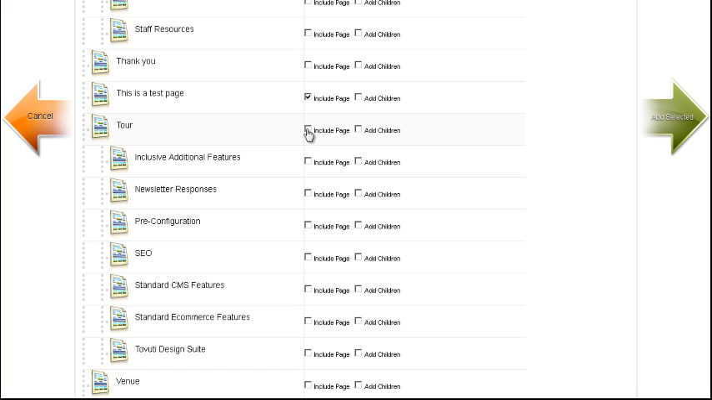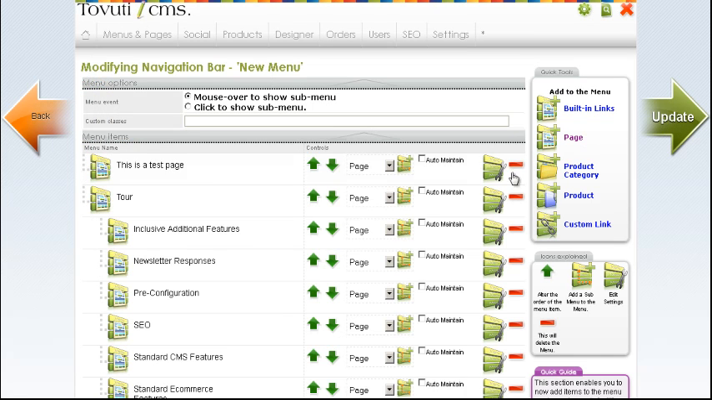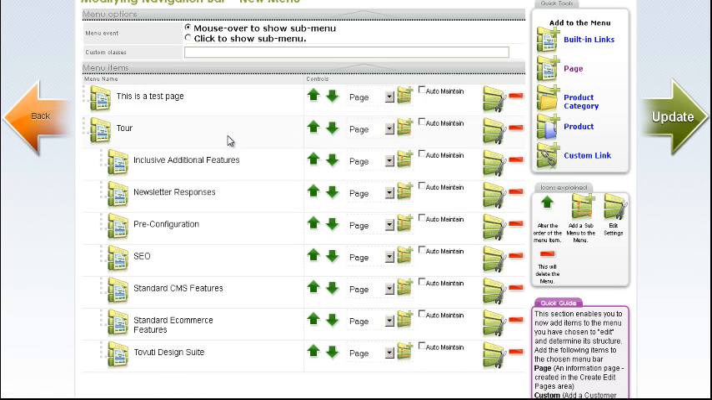So for example, let's give you a demonstration. If I click Include Page and Add Children, you will note that all of these other pages will also come along too. So let's add that. Now we can see that we have all of these items in the menu. Now once this page is here,